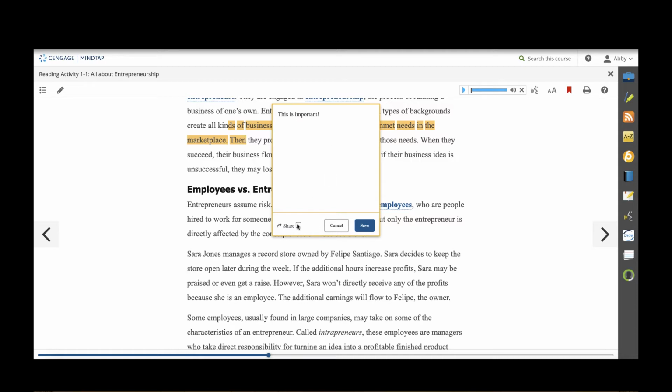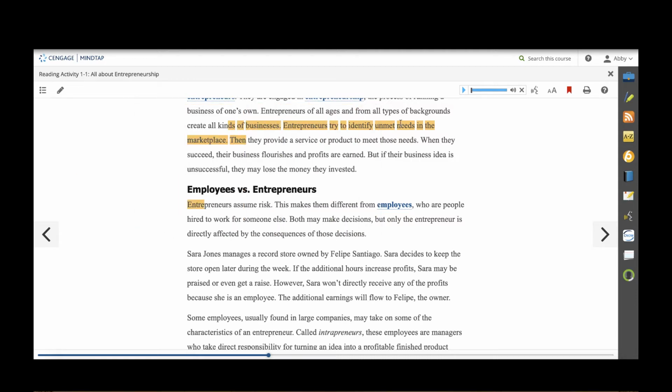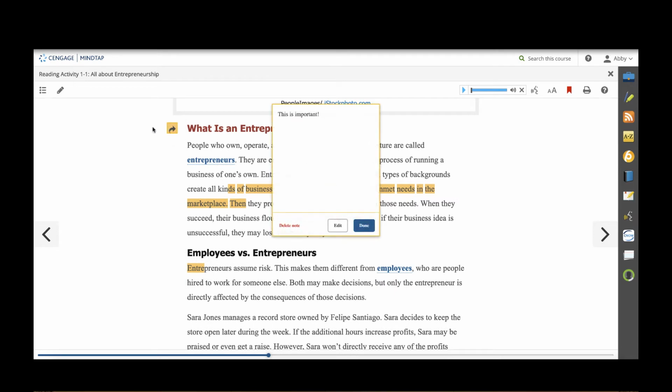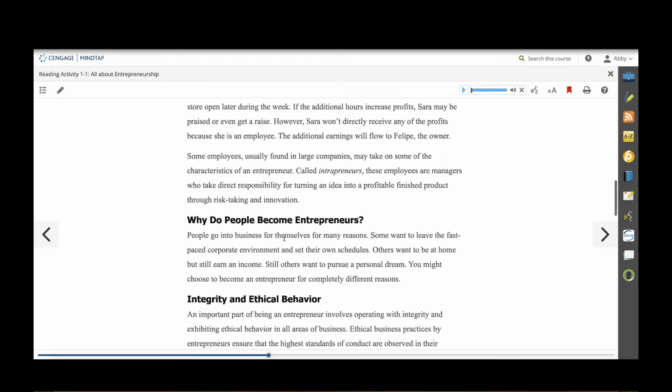Once I type the note and click the share button and save, this note has now turned orange, and it'll exist in the margin for all students as they come through and read. So this is a great way that teachers can help direct student reading even when you're not with them in